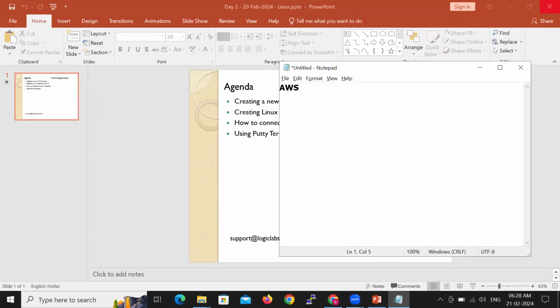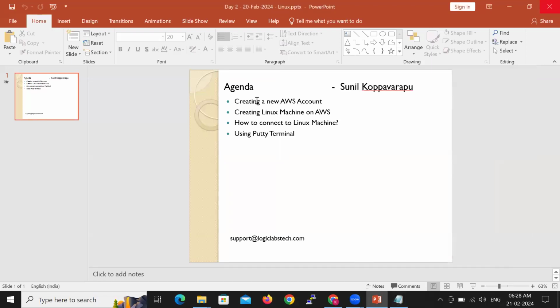So you have to have an AWS account. If you want to practice, you should have an AWS account. I'm sure most of you have an AWS account, but there are participants who are completely new to AWS and do not have one. Considering their point of view, let's quickly go through the process of creating a new AWS account. Once you are done with this session, if you don't have an AWS account, please go ahead and create a new one. I have a document